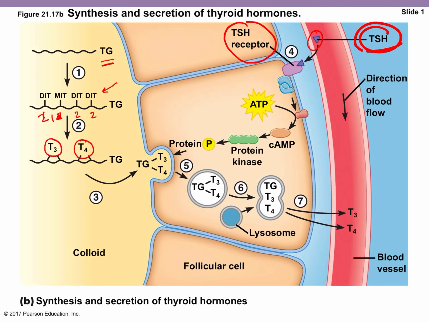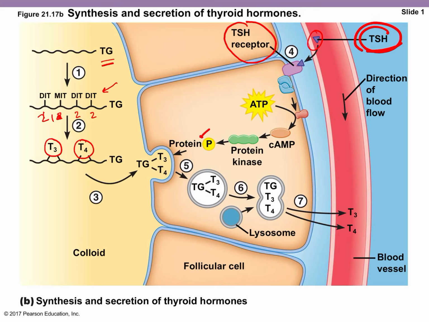When it binds the receptor, there is a signal transduction cascade. It's mediated by cyclic AMP. So cyclic AMP activates a protein kinase. The protein kinase phosphorylates. So remember, kinase enzymes phosphorylate other things. This phosphorylation process, the secondary messenger system,